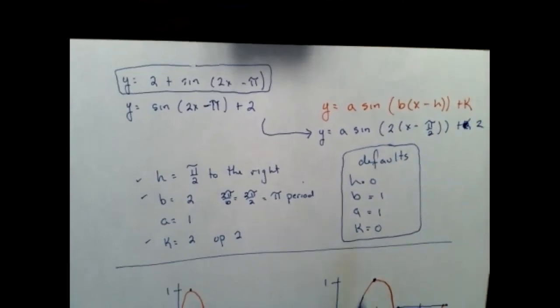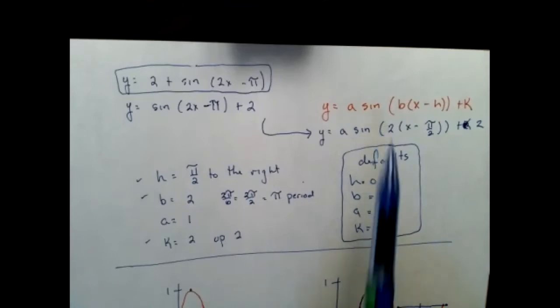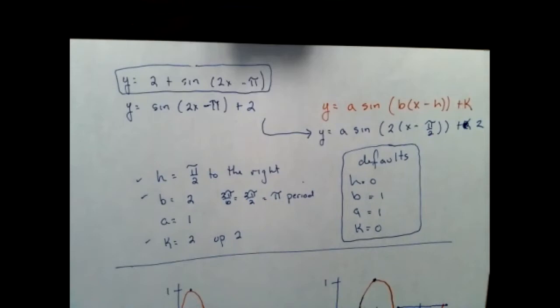Okay, now I remember I had defaults, right? My h and k, if there's 0, I don't move up or down, but there's still something, there's still a number. My b, that was my period. If my b was 1, I didn't do anything. And if my a was 1, I really didn't do anything either, the a being the amplitude. So the first part of this was to identify the values for h, b, a, and k